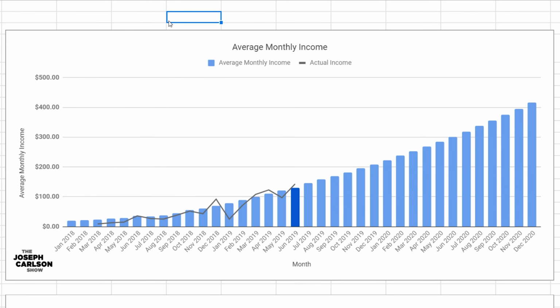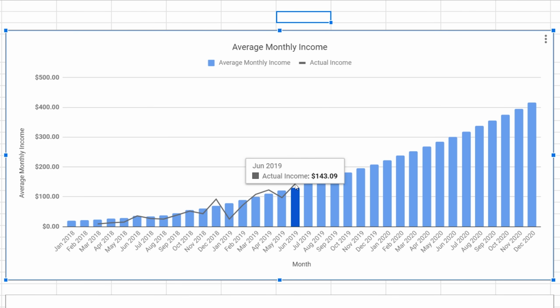What this one does is it takes all the previous data of all the different months that you've already been paid dividends, and it uses some formulas to map out the different numbers as well as the rate of growth from month to month. And then it makes projections based off your historical rate of growth of what your future rate of growth will be. So right now, even though this last month I made $143, this month right now in June, my average income is $130, which I think is pretty darn accurate.